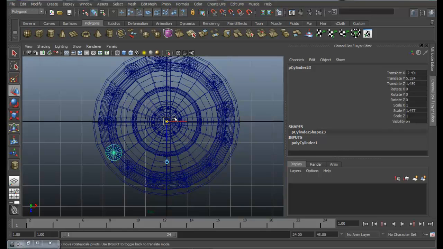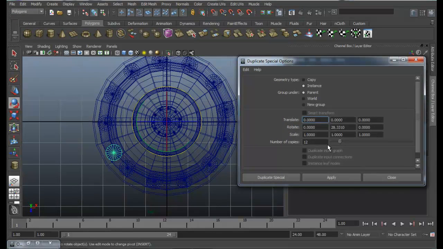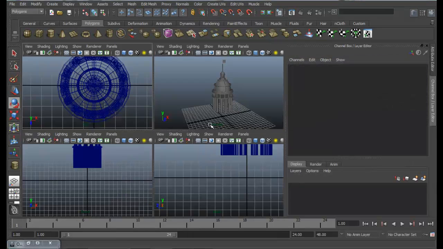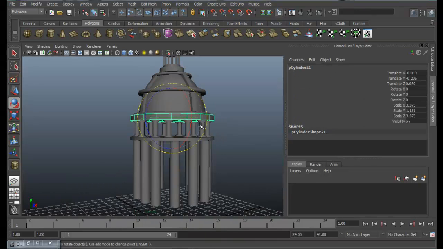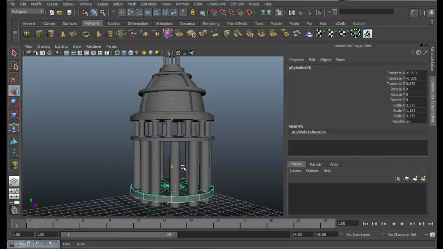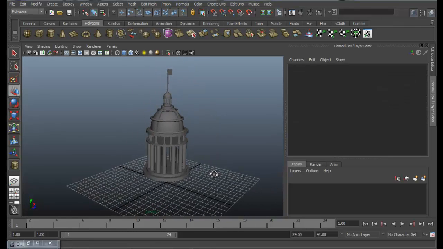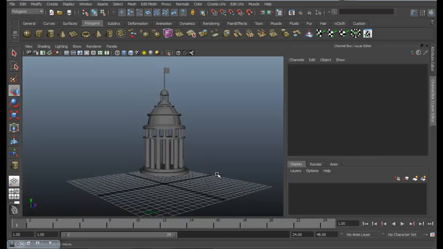Then E key, edit, duplicate special. I think same value is good. Okay, that's good. I'm going to duplicate this cylinder at the down part. Once again duplicate it. So I think we're almost done for the topmost part.